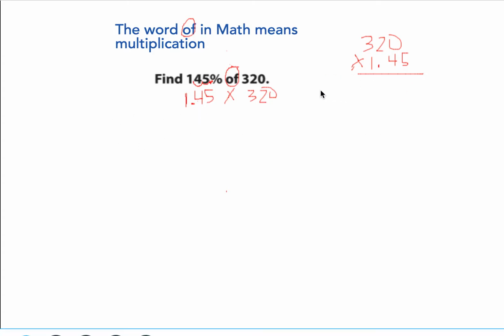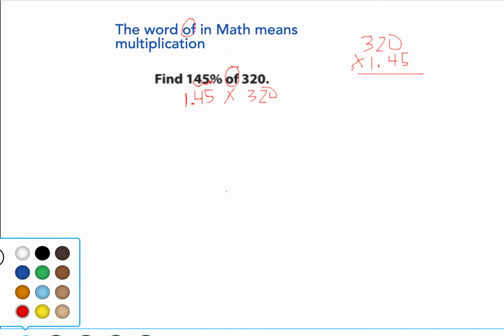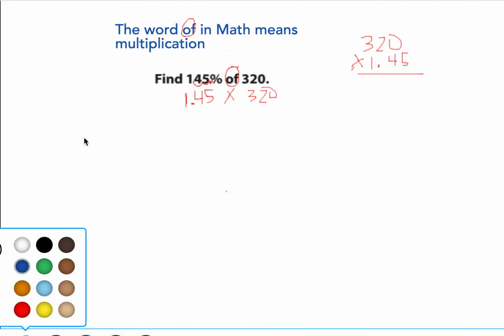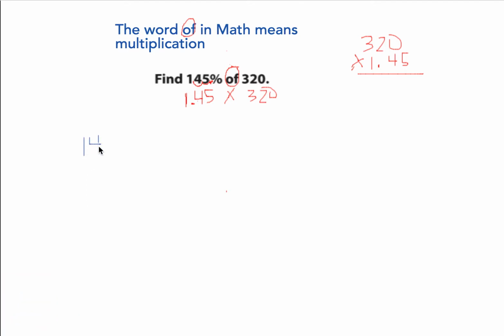Let's say you're like, oh, I don't want to make it into a decimal. Well, you can put 145 over 100 as a fraction. That's another way to do it. Create a fraction. We're showing you multiple ways of solving math. And that's the beauty of it, is you can do any which way and it still all works out the same. Remember, you can always create a fraction by putting it over 100 if it's a percent. And then you could simplify this fraction. It simplifies to 29